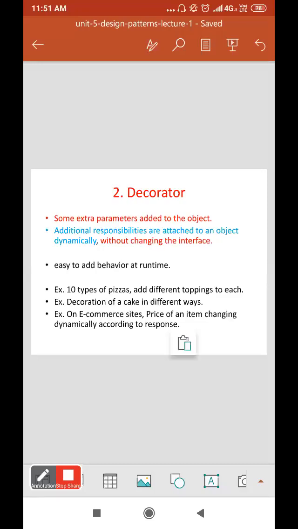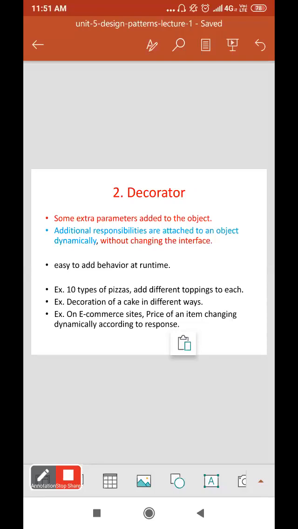Then the second one is decorator. Some extra parameters are added to the object. Additional responsibilities are attached to an object dynamically without changing the interface.